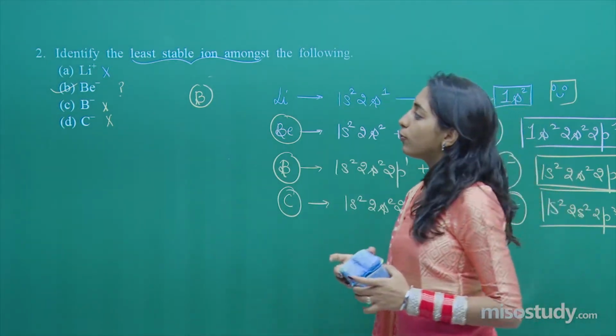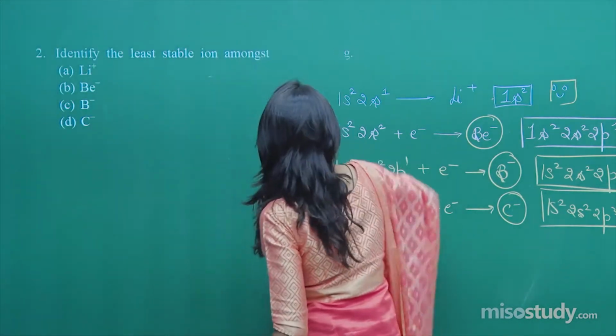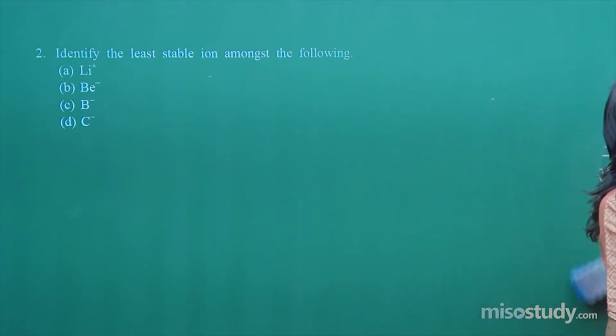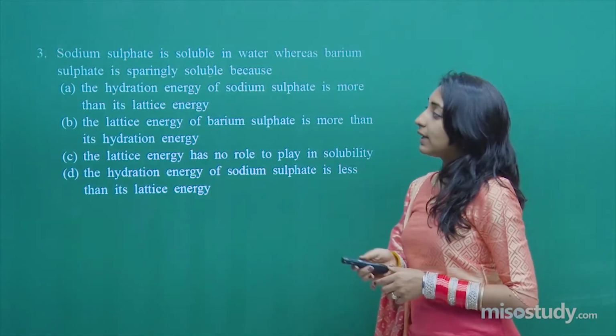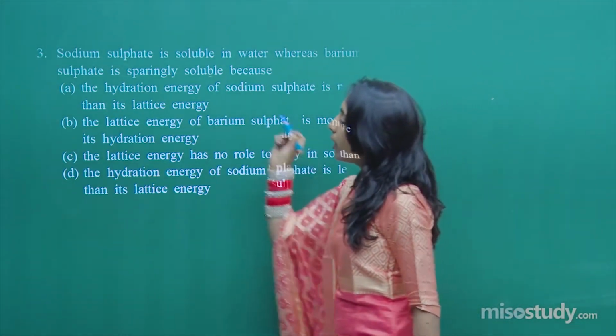Now we need to move on to our third question. You just need to give me a minute. Let me clear the board, and then we will be starting with our question number third. So now on the screen you will be able to see our third question, and the question goes like this.